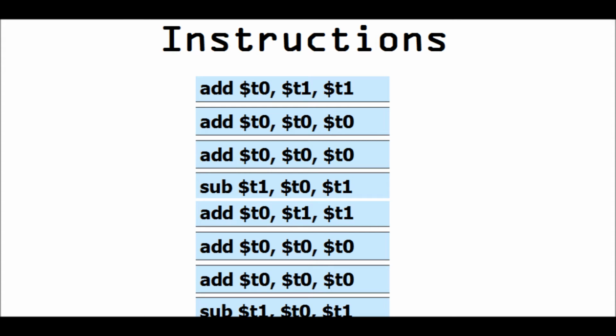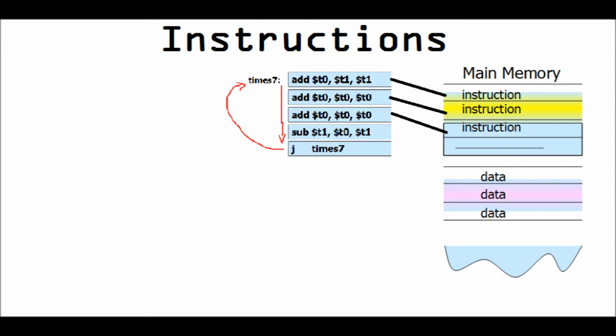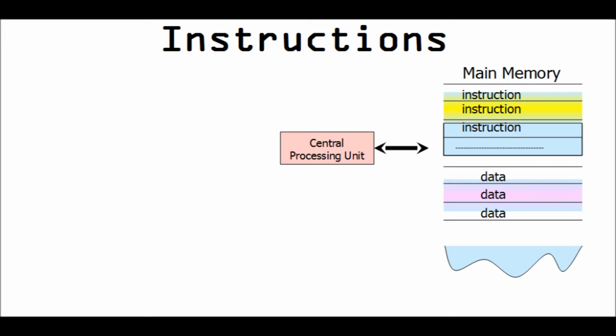Programs are stored as sequences of instructions in the memory. Now, these instructions are executed sequentially unless there is some kind of logic like jumps or function calls which disrupt that linear flow, but it always goes from one instruction to the next sequentially where it can. And again, the instructions and the data related to the instructions are all stored in the main memory. And again, all of these things are worked on by the CPU,